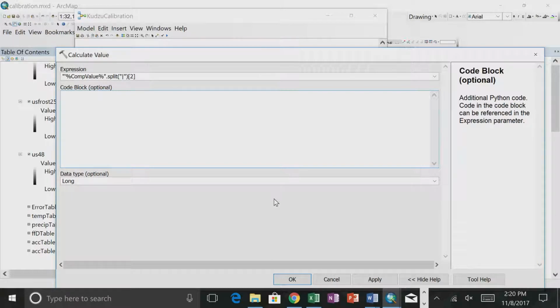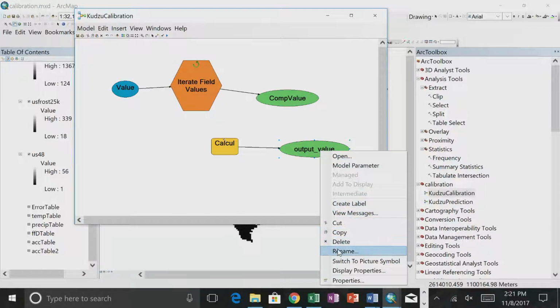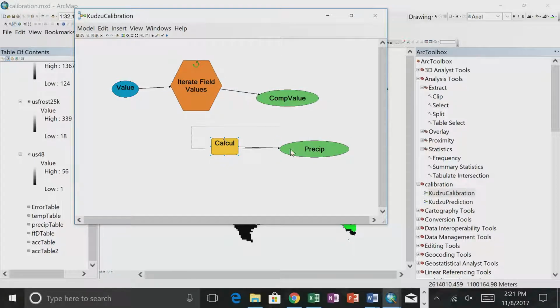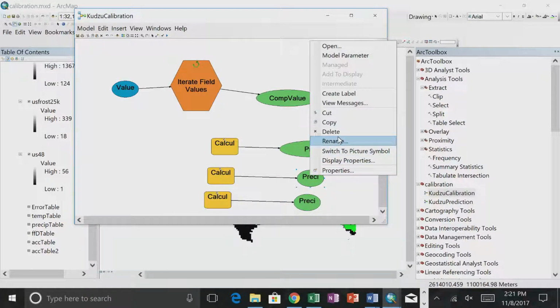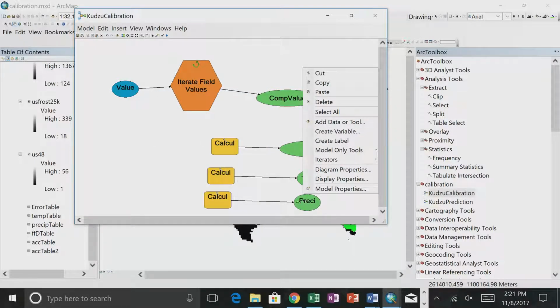underscore. All right. Okay, so what we need to do is just replicate this 2 more times, and we'll be all set. So I've got that, and now the output value says output value, so I need to rename this precip, and then I'm going to copy this and do it twice. 1, 2, and I'm going to rename precip. I'm going to rename this one temp. And I'm going to rename this one